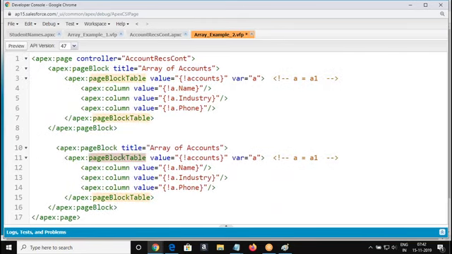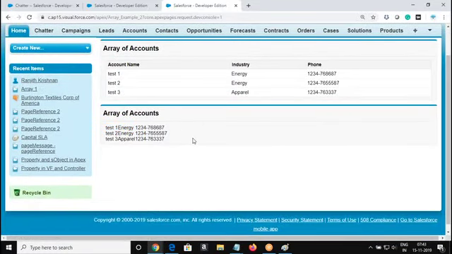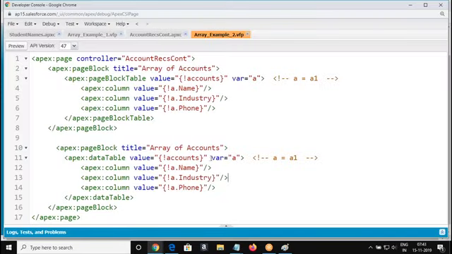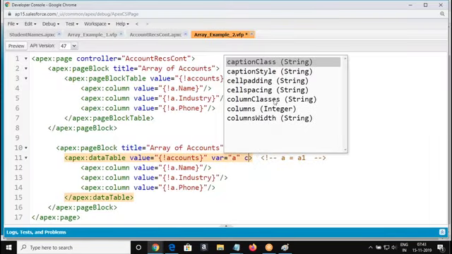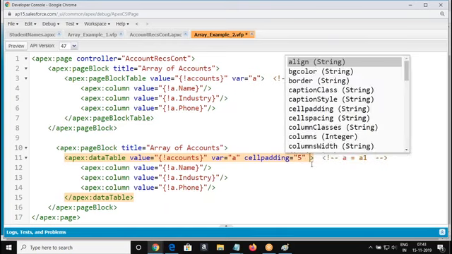Same thing, you can also use data table. Am I right? Instead of page block table, I'm going to use data table. When you use data table, what will happen? It will not give the Salesforce look and feel. It just gives the data in the form of a table. That's all. But we can add our own custom look and feel using this inbuilt CSS.